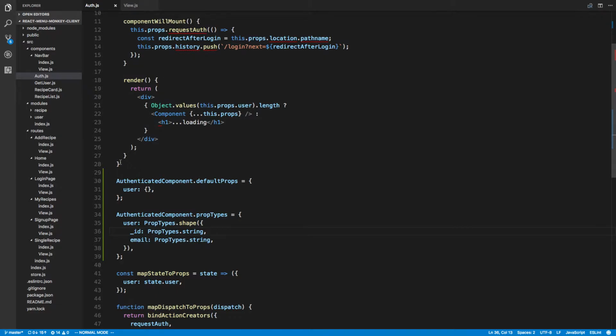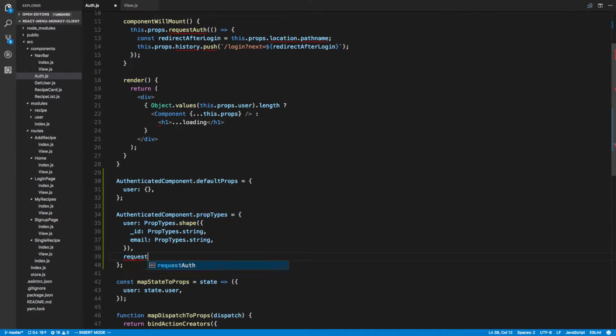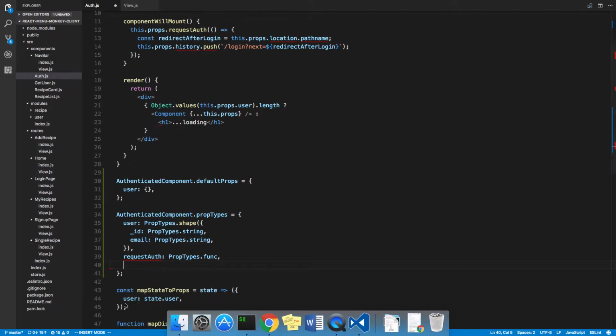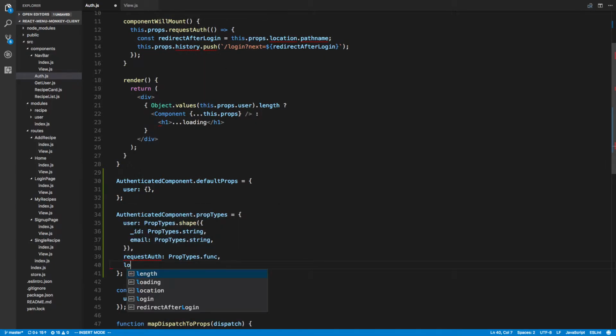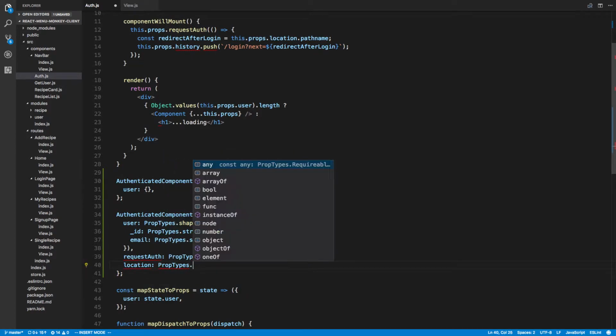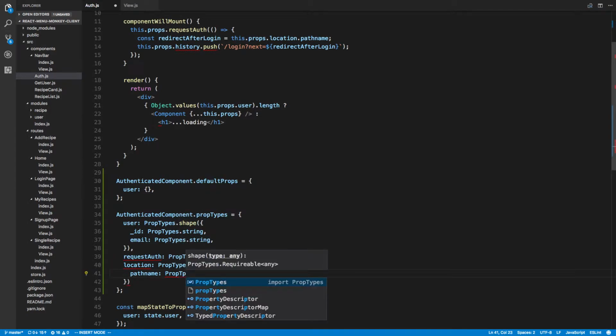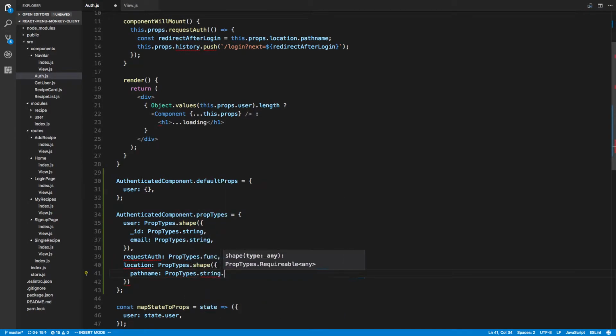We're getting request auth, which is of prop type dot func, and then we're expecting a location and a path name. So location, which is prop type shape, so we're expecting an object, and it has a path name, which is a prop type dot string, and this is required, and location,